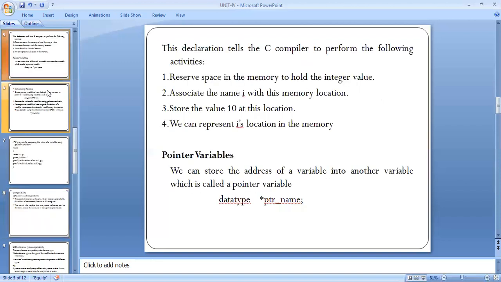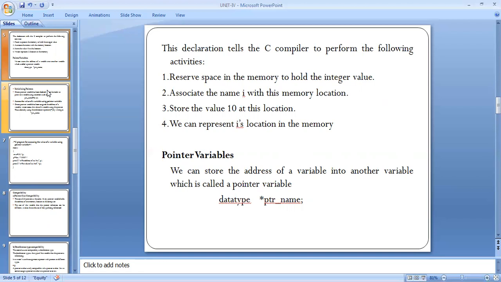The declaration tells the C compiler to perform the following activities. In the statement int i = 10, the compiler performs these activities. First, reserve space in memory to hold the integer value.